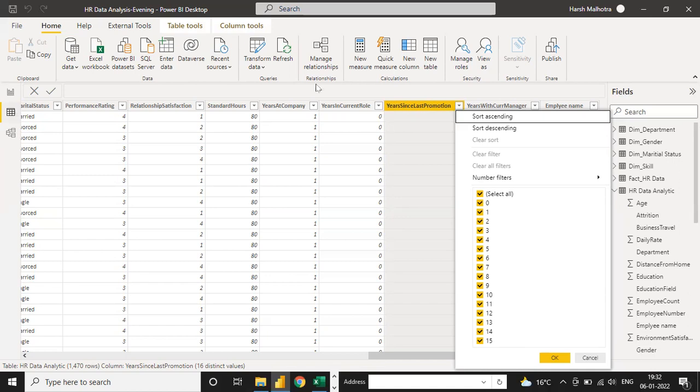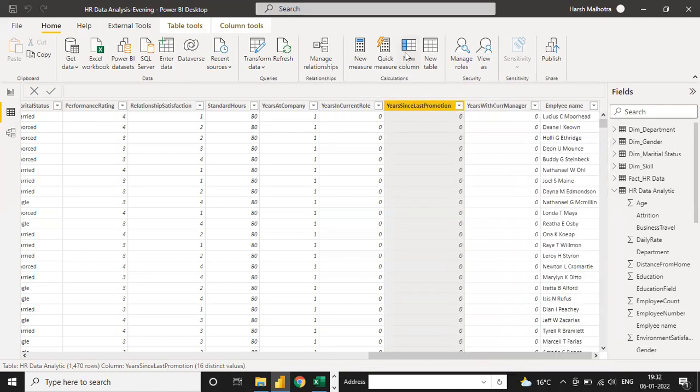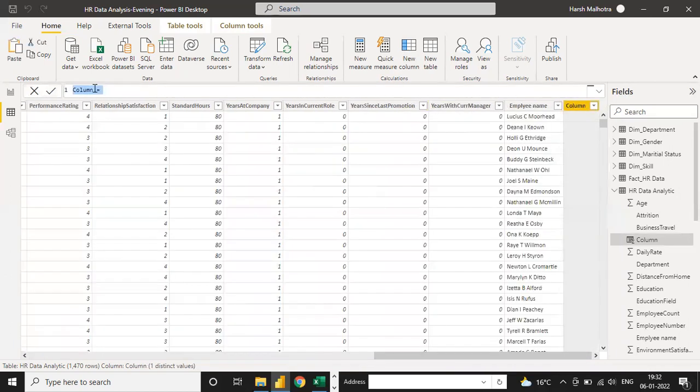Select this table name, and here you have an option of new column, not a new measure guys, new column. So first I am going to write a new column here. Suppose in your mind you have 4 or 5 conditions, you can use any condition. Here you have to write promotion status.